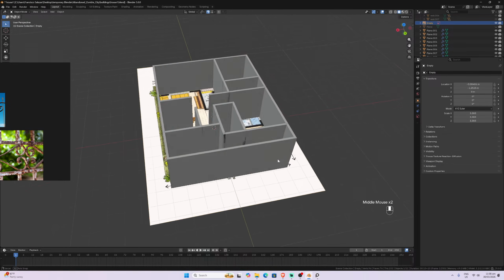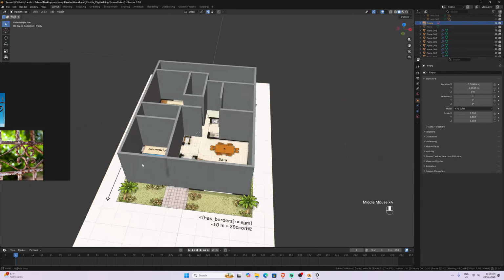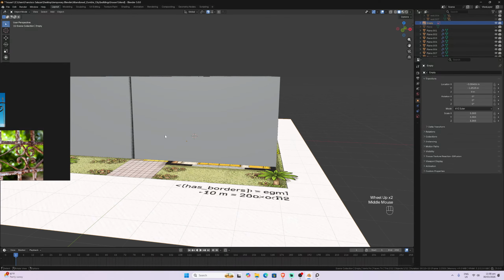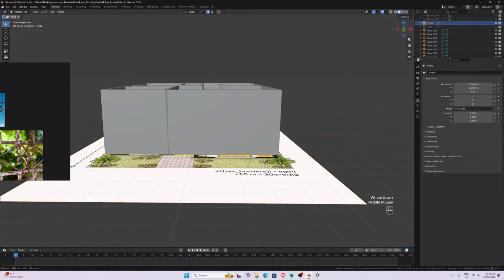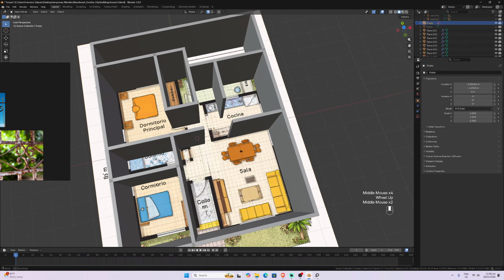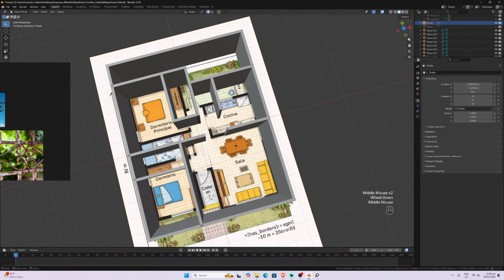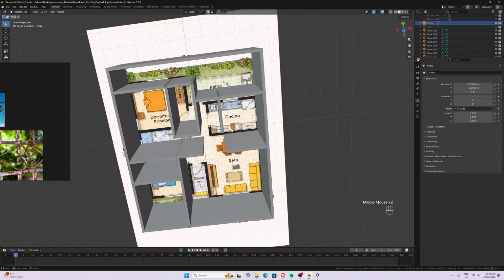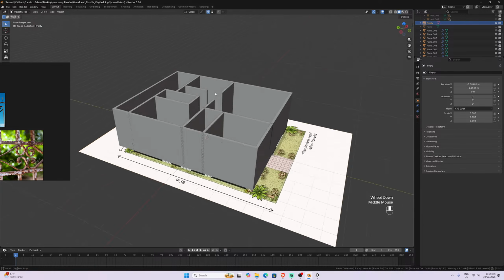We're going to have nothing here, just the wall, because the only side that we're going to see from the street is the frontal part. That is, here we're going to have our door and a window for the room. We're going to have one room, one bathroom for everyone, for visitors and for this room. We're going to have the main room that is going to have its own bathroom, and a small kitchen, and the small backyard. That is the distribution that I found for my first house.